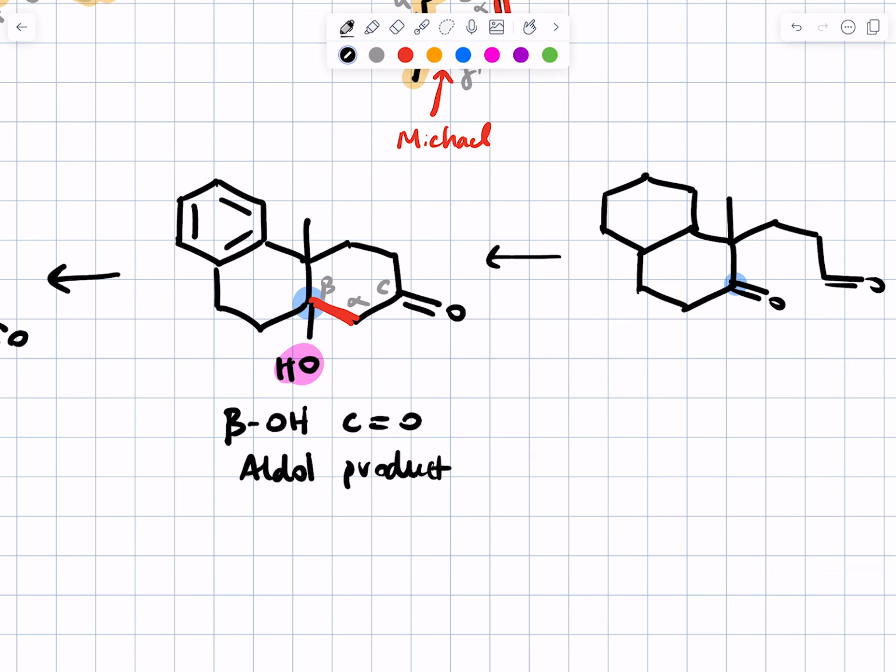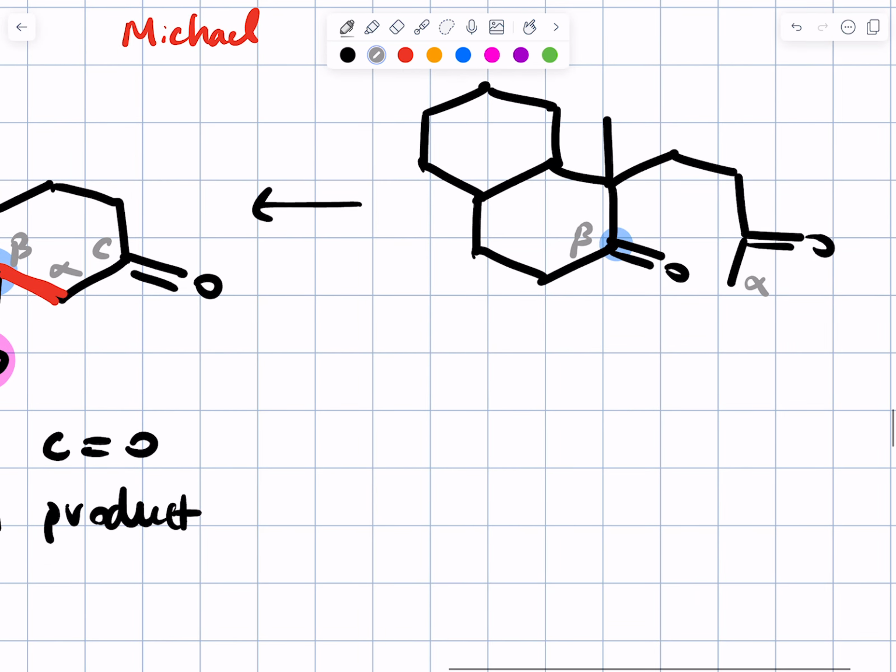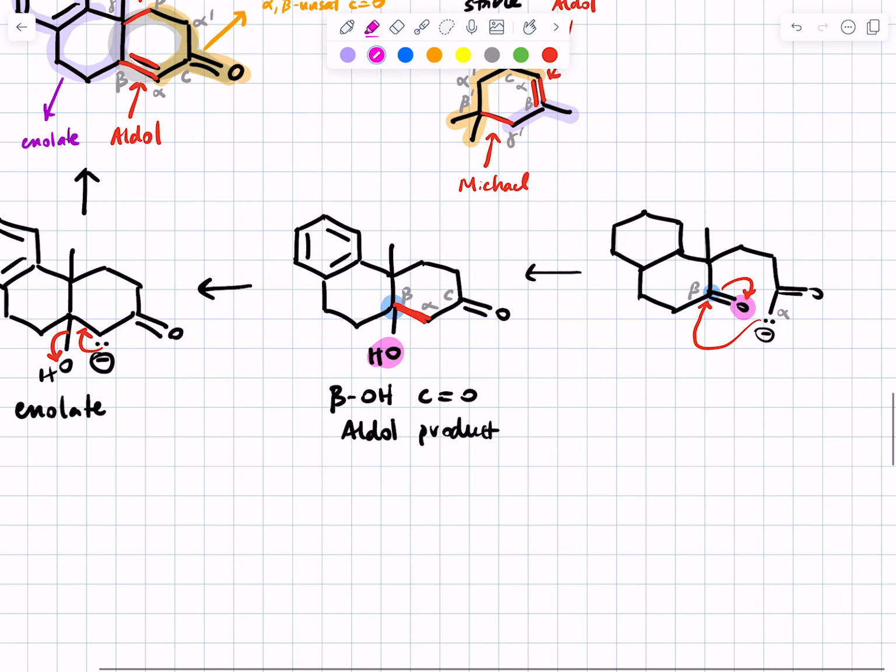How about here? What should be on this carbon, which we previously called alpha? To do an aldol reaction, what does that need to be? Enolate, right? And that reaction looks like this. Alpha carbon attacks carbonyl carbon. Electrons go out onto the oxygen to give you